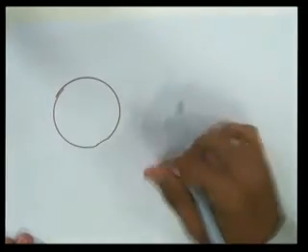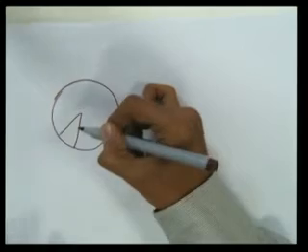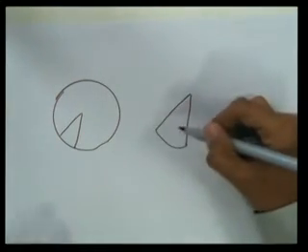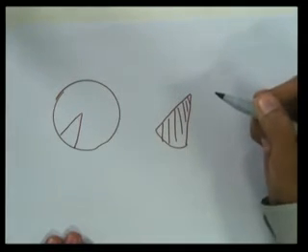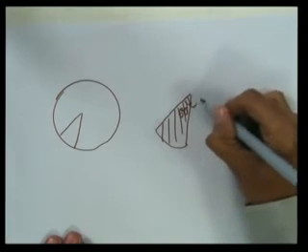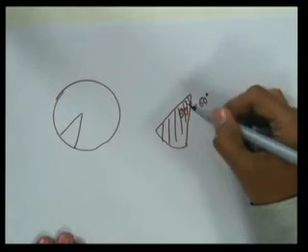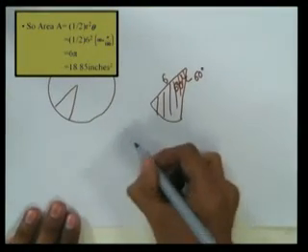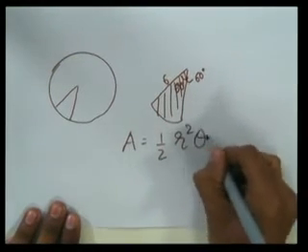You can understand this as a pizza, and we have divided the pizza in 6 equal parts. This is one piece of pizza, and we are supposed to find the area of this part. As a complete revolution gives 360 degree, the angle is 60 degree, and 12 inches is the diameter of the pizza, so the radius must be 6. The area one can find using the formula 1 by 2 r square theta.